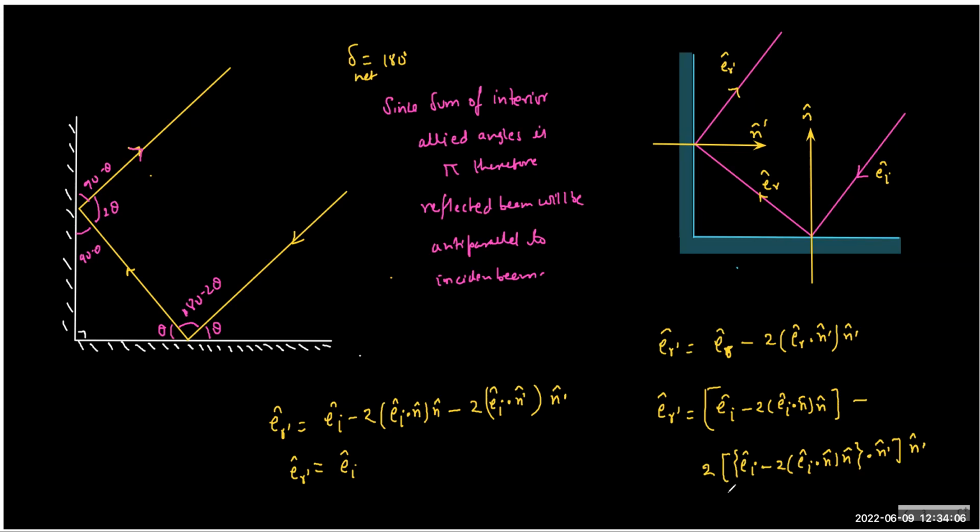Just one. EI dot n dash into n cap, and then n cap dot n dash cap, which is 0, into n is nothing. Yeah, so what you can write is twice